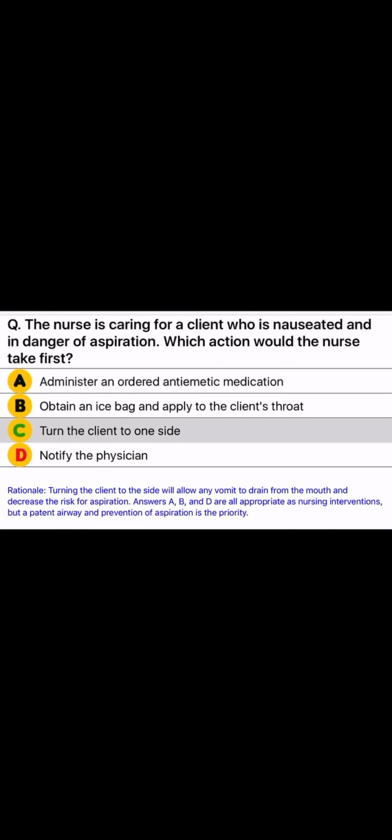Q. The nurse is caring for a client who is nauseated and in danger of aspiration. Which action would the nurse take first? A. Administer an ordered antiemetic medication. B. Obtain an ice bag and apply to the client's throat. C. Turn the client to one side. D. Notify the physician. Rationale: Turning the client to the side will allow any vomit to drain from the mouth and decrease the risk for aspiration. Answers A, B, and D are all appropriate as nursing interventions, but a patent airway and prevention of aspiration is